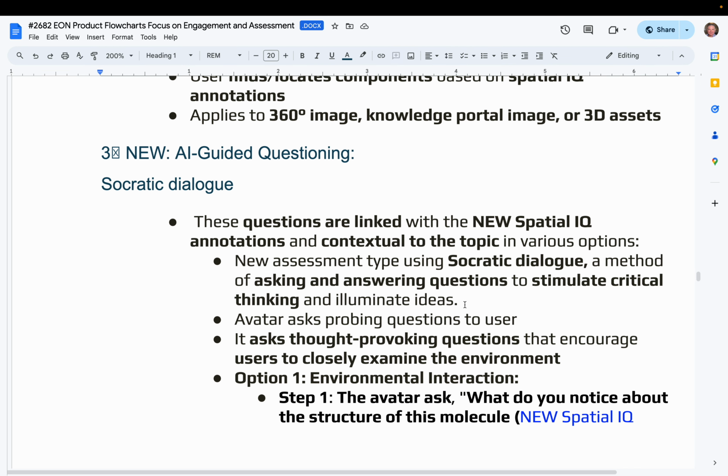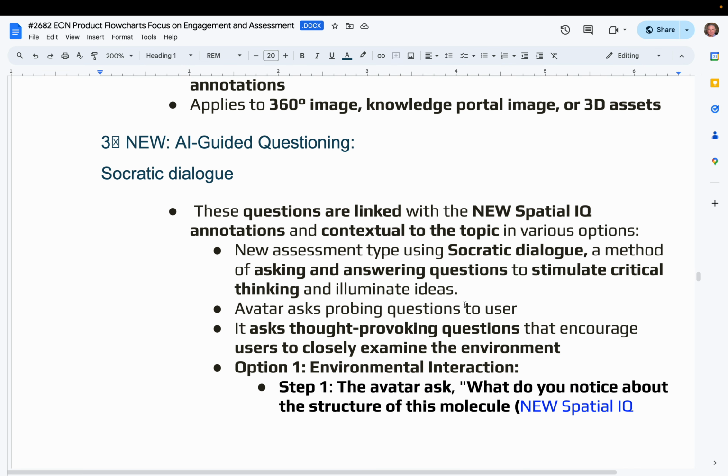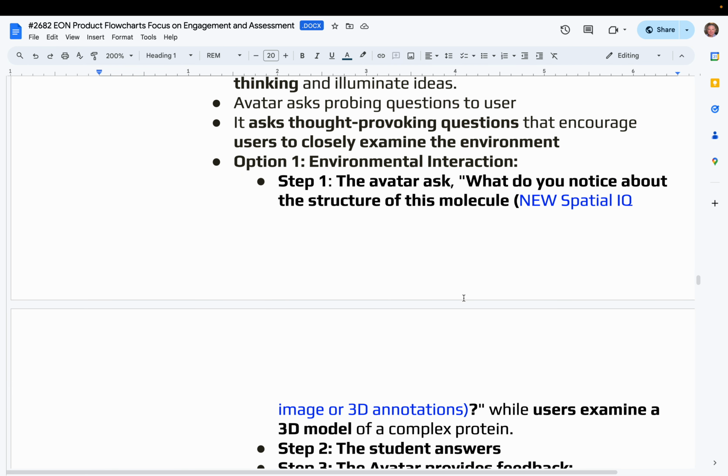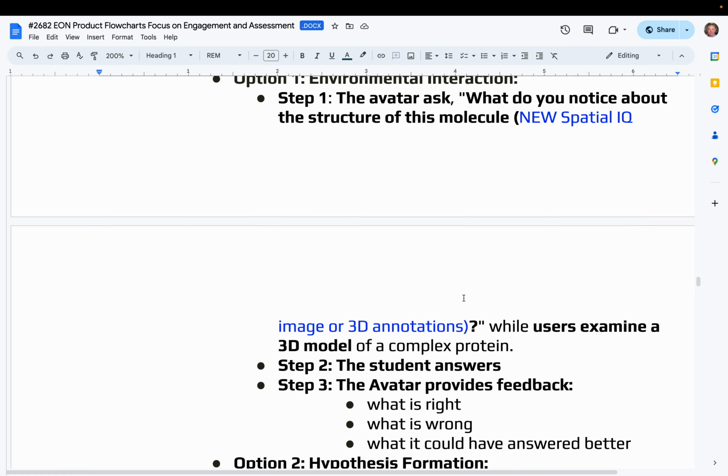So what's Socratic dialogue? It's a method of asking and answering questions to stimulate critical thinking. So instead of you asking, the avatar will ask you questions, thought-provoking questions. For example, what do you notice about the structure of this molecule? And based on your answer, it will ask you a second question. And based on that answer, it will tell you what you did right, what you did wrong, and how you